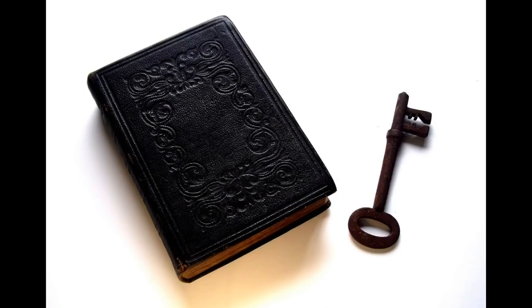Finally, my brethren, be strong in the Lord and in the power of his might. Put on the whole armor of God, that ye may be able to stand against the wiles of the devil. For we wrestle not against flesh and blood, but against principalities, against powers, against the rulers of the darkness of this world, against spiritual wickedness in high places. Wherefore take unto you the whole armor of God,